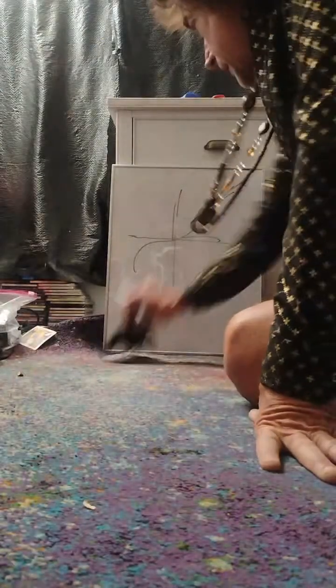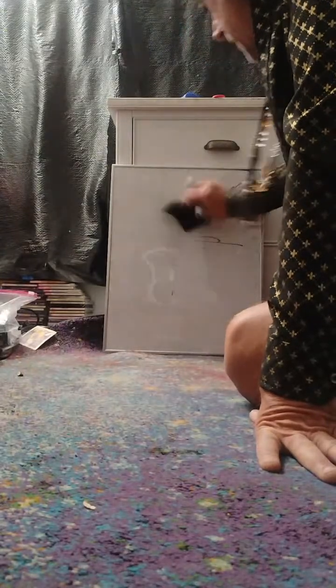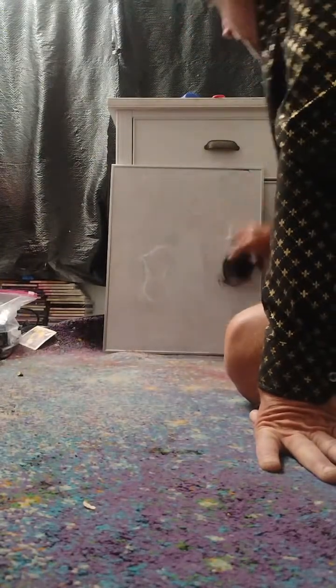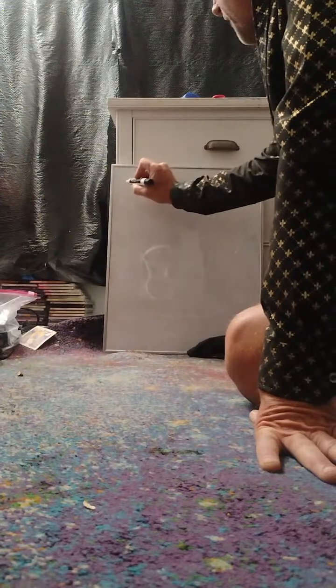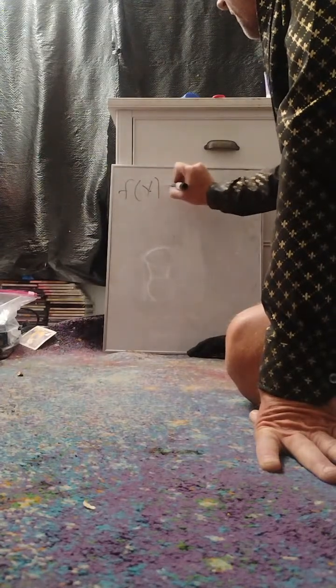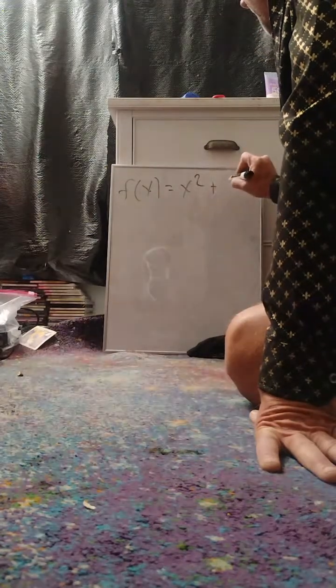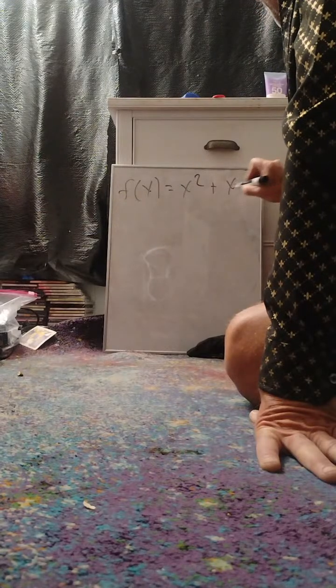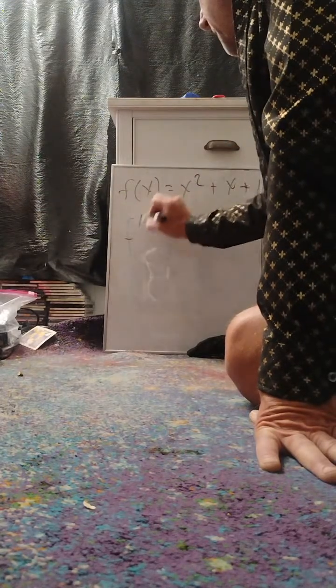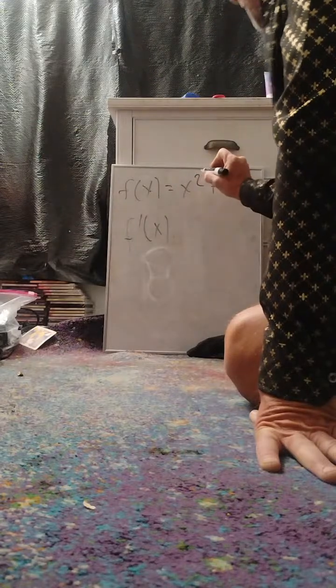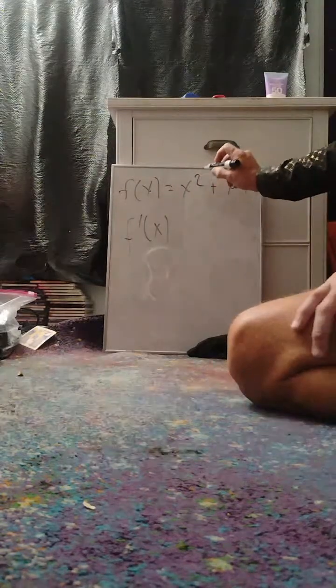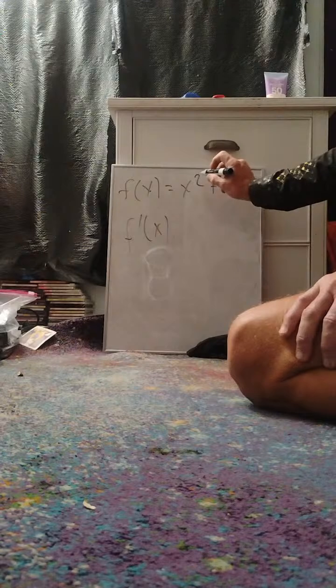The derivative is the rate of change of the function at any given time, and that itself is a function called the derivative. And it turns out, like I said before, let's say a polynomial. If f of x equals x squared plus x plus 1, then the derivative f prime of x is the opposite of what I did with the integral. To find the derivative, you take